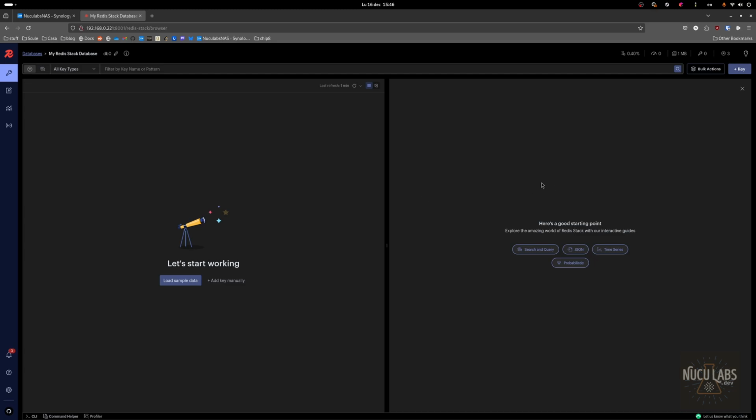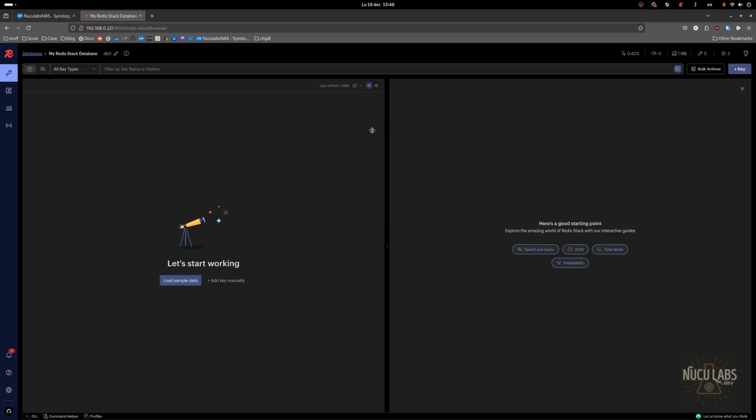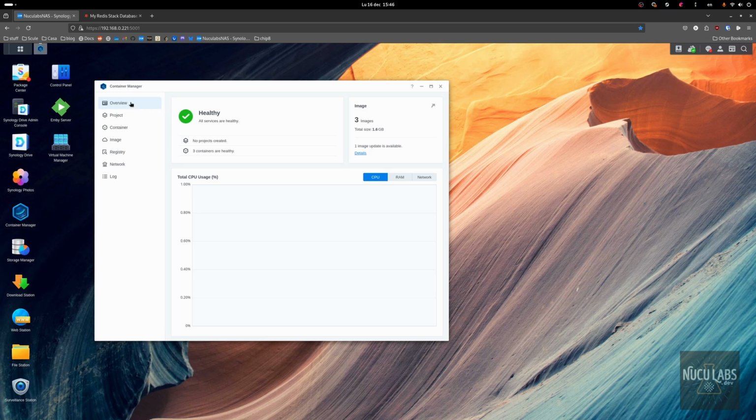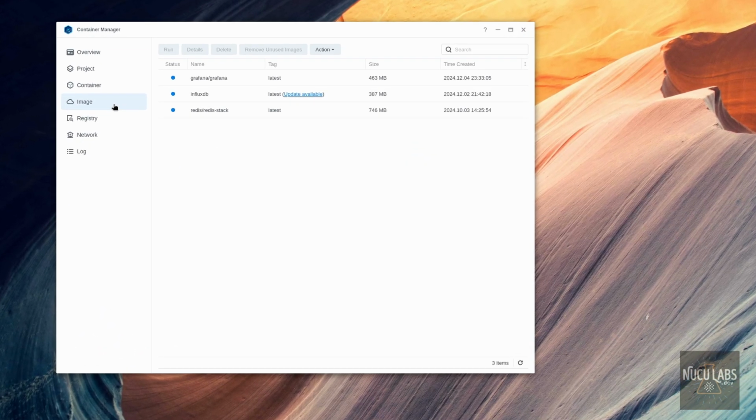In this video, you'll learn how to set up Redis on your Synology NAS. So I struggled with this in the beginning and I decided to make a video in order to show you how to do it. So first things first, go to the container manager, click on image, and you want